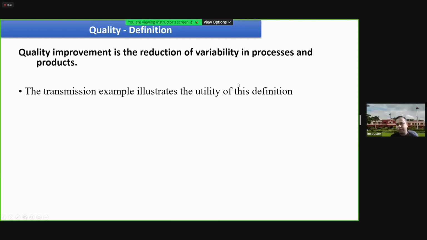So quality improvement, we can say, is inversely proportional to the variability. Where there is more variability, chances are that the quality will be lesser. So these definitions we discussed in the last class. Now moving forward,